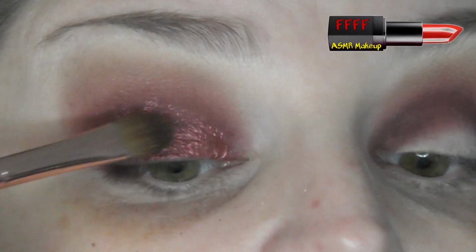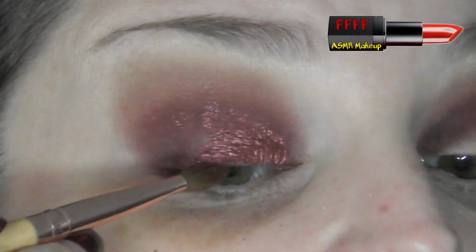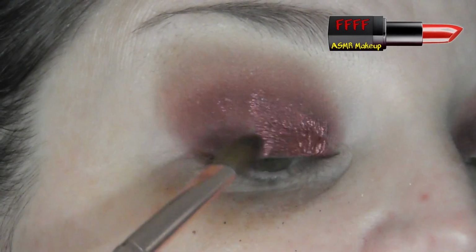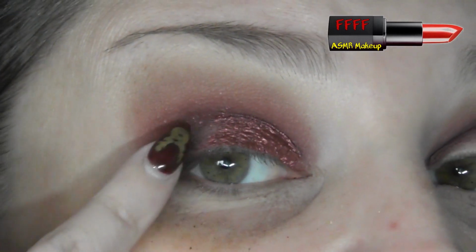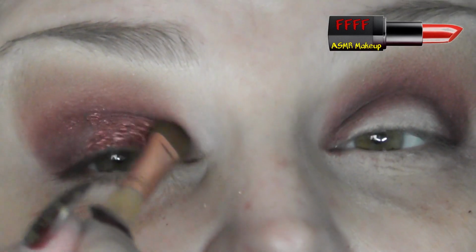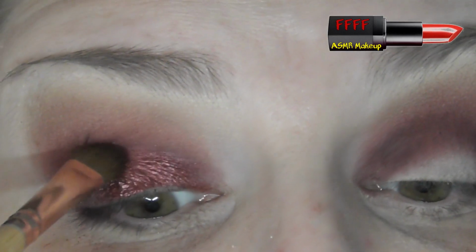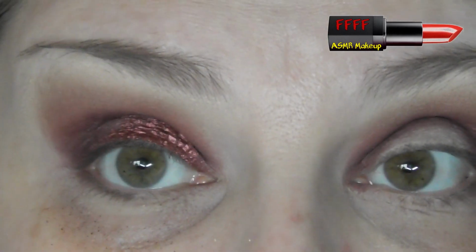What I tend to do when I've pressed the pigment on, I tend to go 2/3 of the way along and then just sort of feather it down in like a triangle to the outer corner, just so that we still maintain that depth of shade that we put down there. And yes, I could do a cut crease by putting concealer down, but I like to see how much pigment the shimmers actually have and whether they can hold their own without needing concealer underneath,